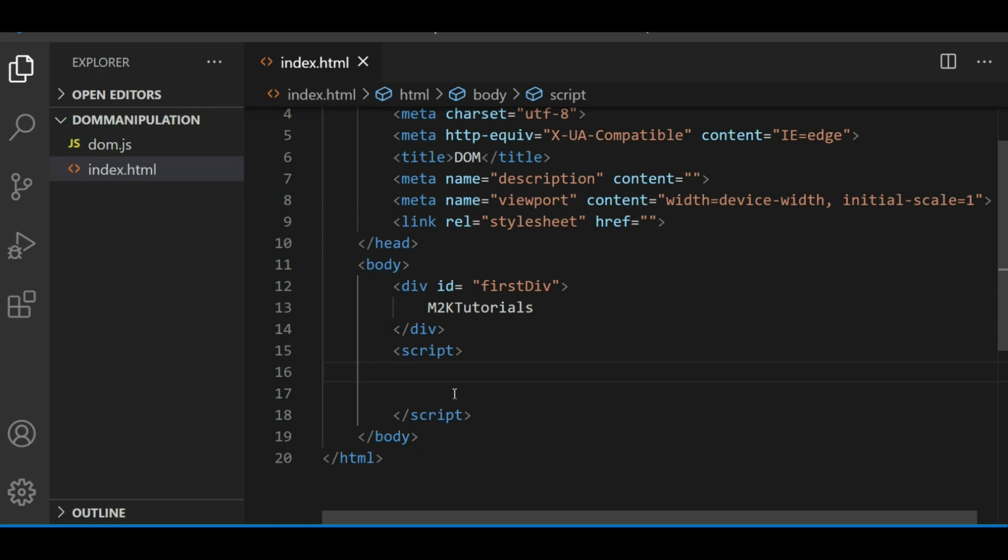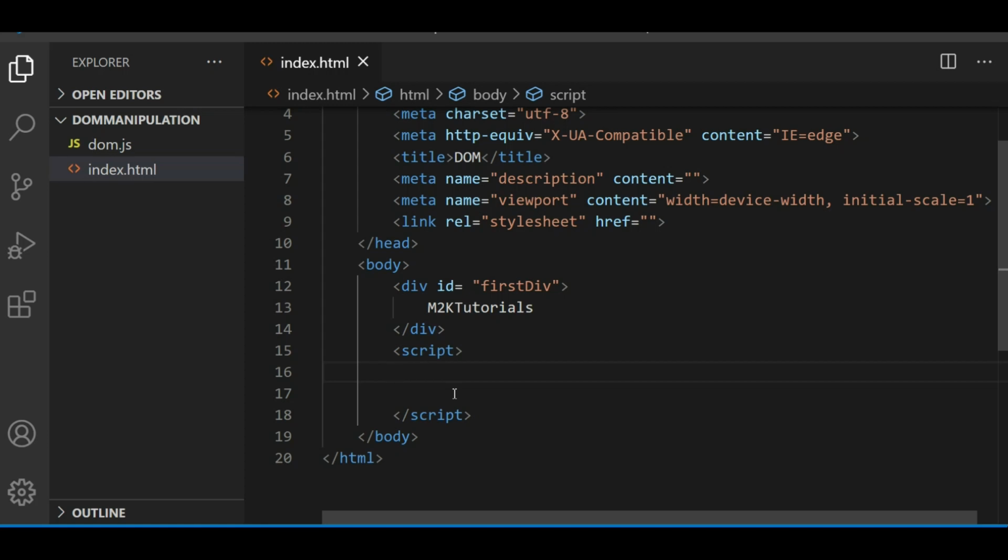So using ID is a very secure and very accurate way to get the reference of any HTML element, and the most preferable way.